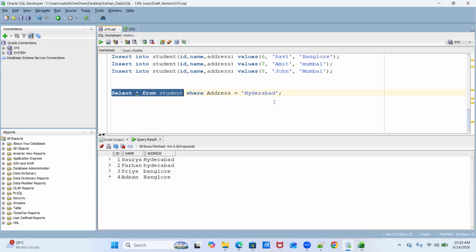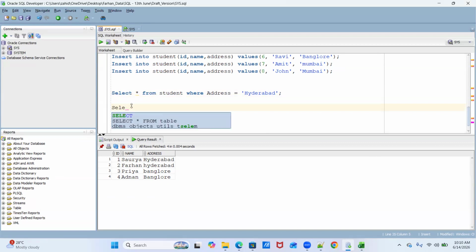Even if we execute uppercase, lowercase, or do some other operations, you'll see that the data of the table will remain as it is. Okay, any question till here? All right.